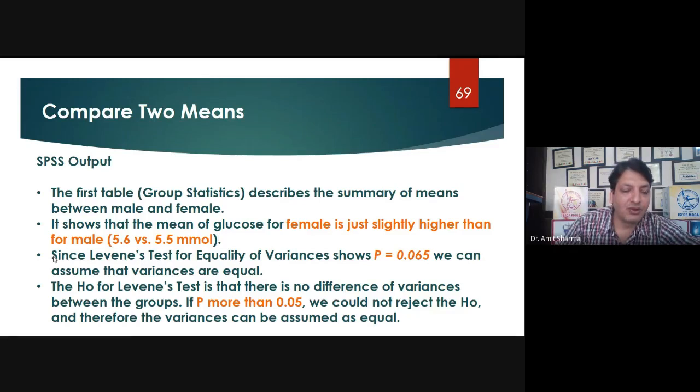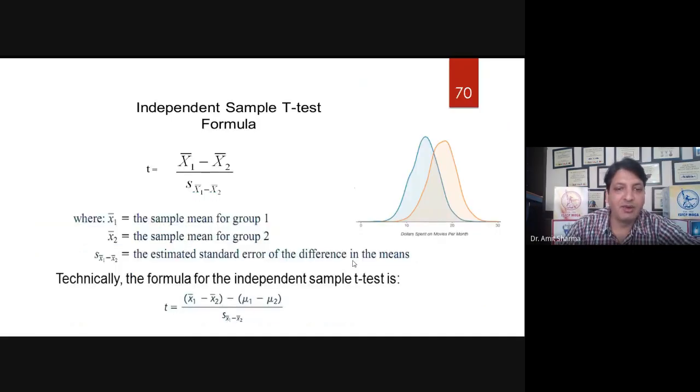presentation. The second line you can write about Levene's test. Levene's test for equality of variance shows a p-value; you can take it from the table, 0.0665. We can assume that the variances are equal. That means equal importance has been given while applying the test to male and female. If you got a p-value less than 0.05 in Levene's test, you are not eligible to write the results of the independent t-test. That means you cannot apply the test at all. Like this you can write the results directly.